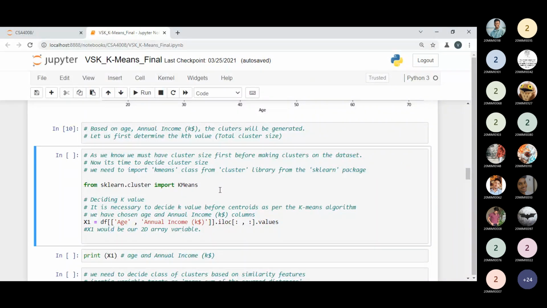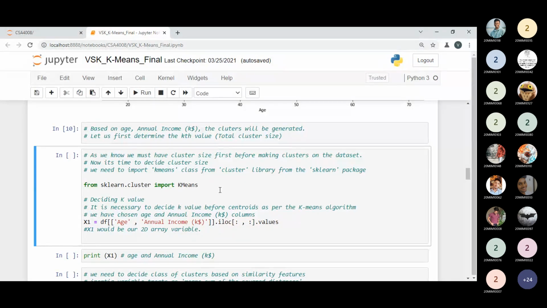Cluster is a library, and in it we can also have other clustering algorithms. Here I am choosing KMeans, so KMeans is the name of our class, and I am putting this class over here.